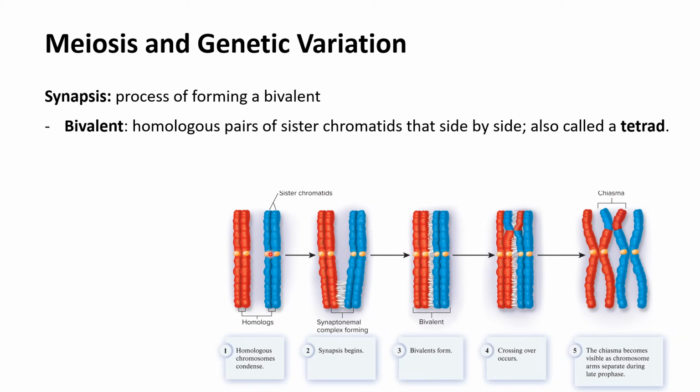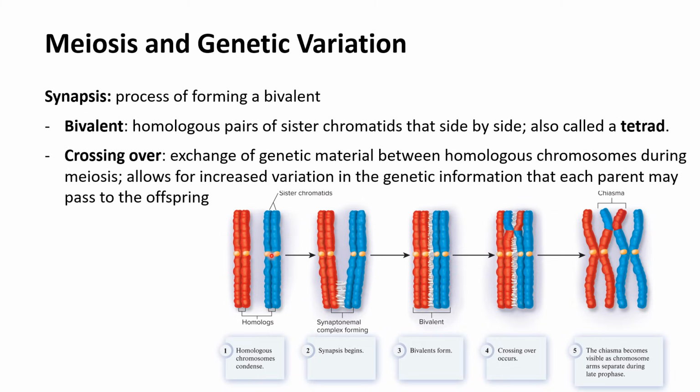If you recall in mitosis, all of the chromosomes lined up single file in the middle of the cell, and then the sister chromatids were separated. That was mitosis. In meiosis, we form a tetrad or a bivalent. The homologous pairs line up 2 by 2 during metaphase, and that's a key difference. When the chromosomes are lined up during this synapsis, or this kind of connecting part, you basically have a complex formed,